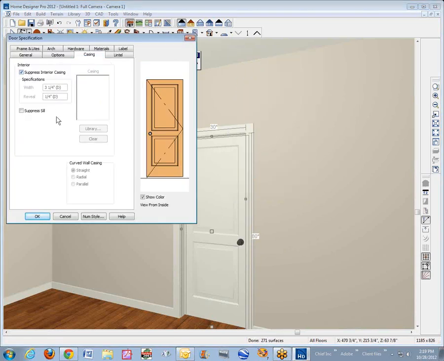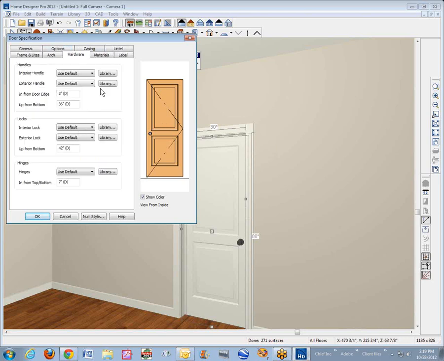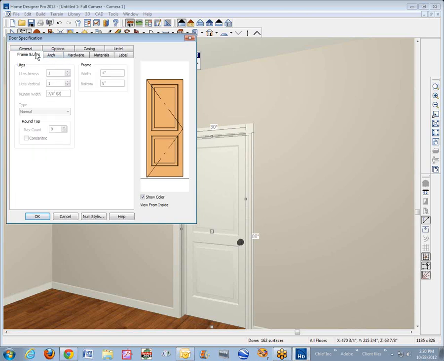We can suppress the casing. If the door is supposed to look like the wall, then it wouldn't have casing. I don't know. That's one of the reasons I asked for an example. What is the door? What does your intended door look like? We can suppress the doorknob. We can suppress the hinges, and we can make the door